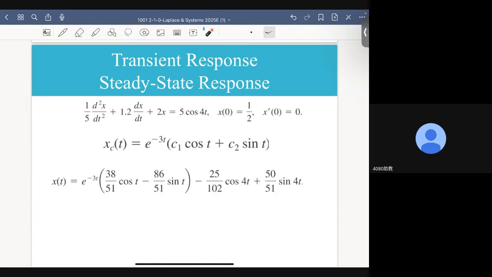Okay. Now, at the end of the previous lecture, we talked about the solution of these differential equations with these given initial values. And we know that the total response consists of two parts. This part, which will decay to zero when time goes to infinity, represents the transient response of the system. And the remaining part, which will always be there no matter how time progresses, is the steady state response of